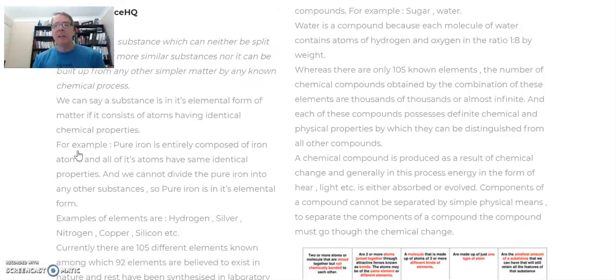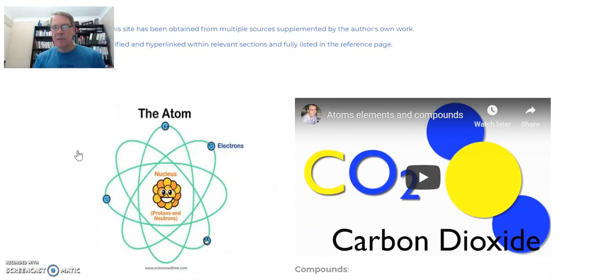atoms joining together, and we'll dive into the video like the carbon dioxide. Why is it CO2? Why isn't it just CO, carbon monoxide? How does that work? Or why is it H2O, not HO? Now, how do atoms join together? What's the formula of a subsequent chemical reaction forming a compound, which is two atoms joining together? So we'll be looking at those things, and over this week